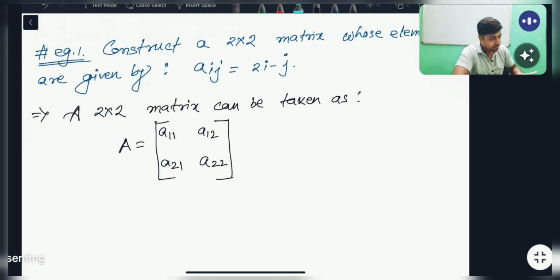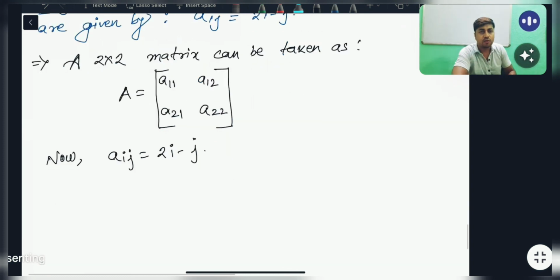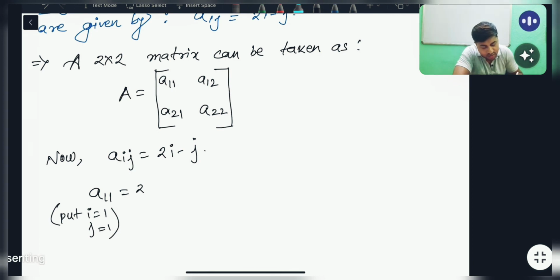So that is the notation, that is the general format. Now it is given aij equal to 2i minus j, right? So using that rule, we will find the elements of the matrices। এই রুলটা ইউজ করে আমরা ওই ম্যাট্রিক্সে যে এলিমেন্টগুলো আছে সেগুলোকে ফাইন্ড করব। লাইক a11 means put i equal to 1, j equal to 1, that means a11। তো i এর প্লেসে 1, j এর প্লেসে 1 পুট করো, that is 1।